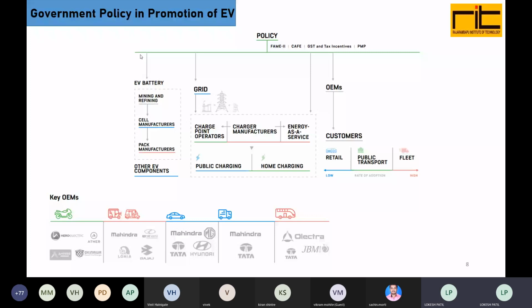At the battery level also, we are importing from Bolivia. Bolivia is a country like China, because China is not a good political supporter of India, so that's why it's very difficult. We are importing the batteries from China today, but China is not giving us the raw material, which is lithium. The lithium metal is being imported from Bolivia, which is near to China, and